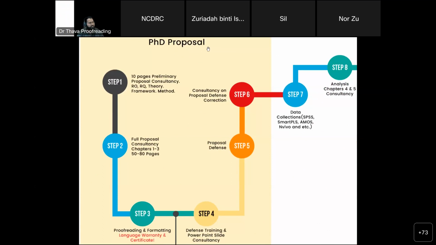Okay, so under PhD proposal, you have step number 1, which is a 10 pages preliminary proposal consultancy, which is RO, RQ. So what is 10 pages? 10 pages, you'll have introduction, background, RO, so problem statement, RO, RQ, significance, literature review, theory, if you have theory,